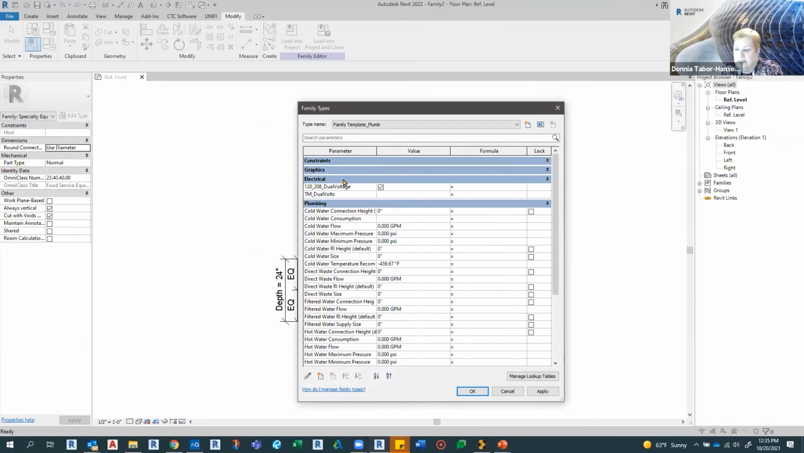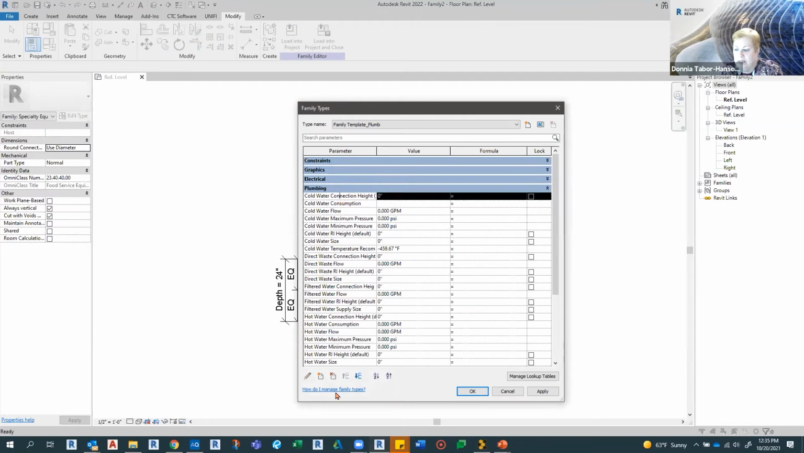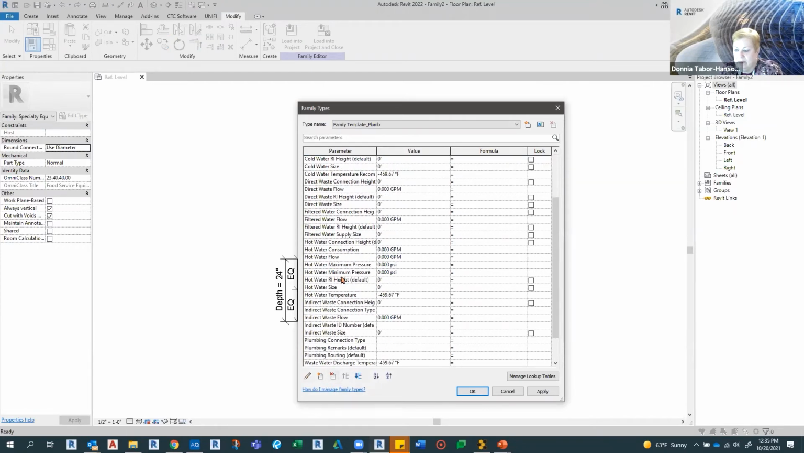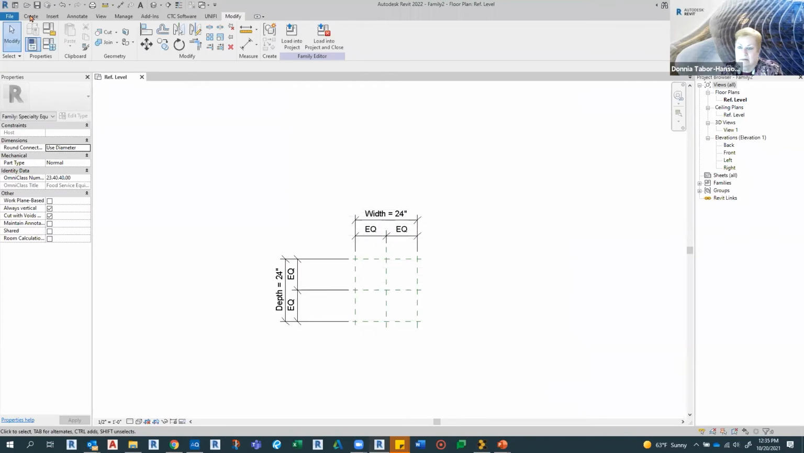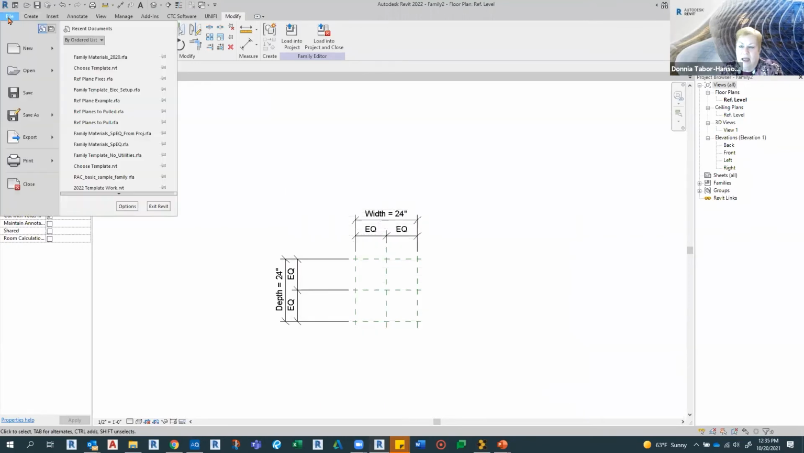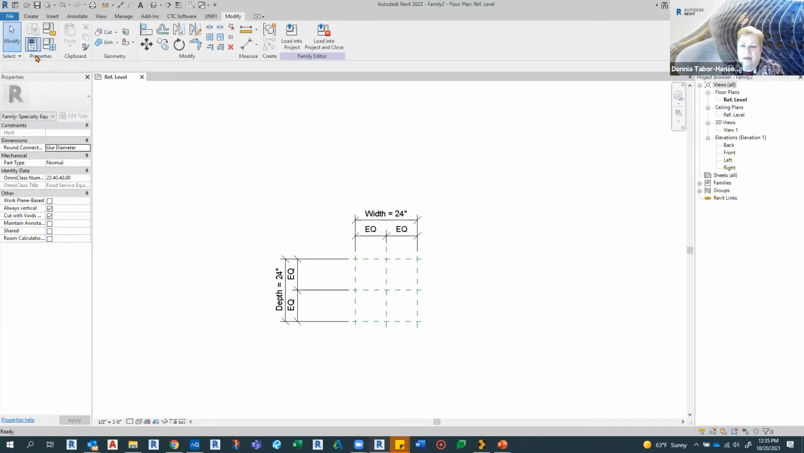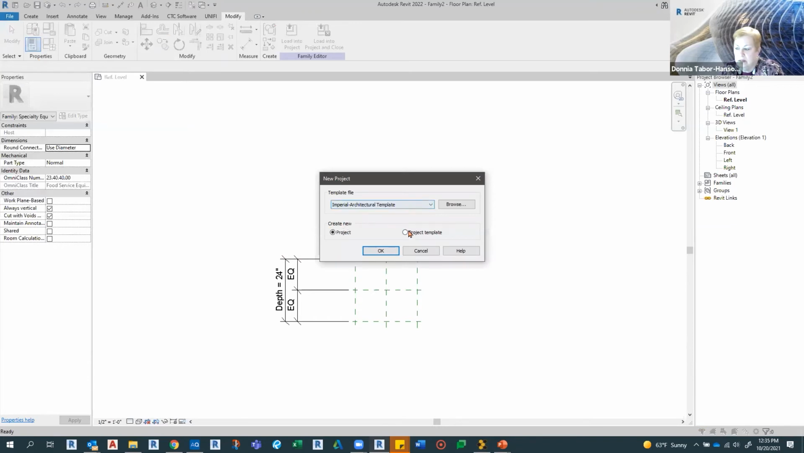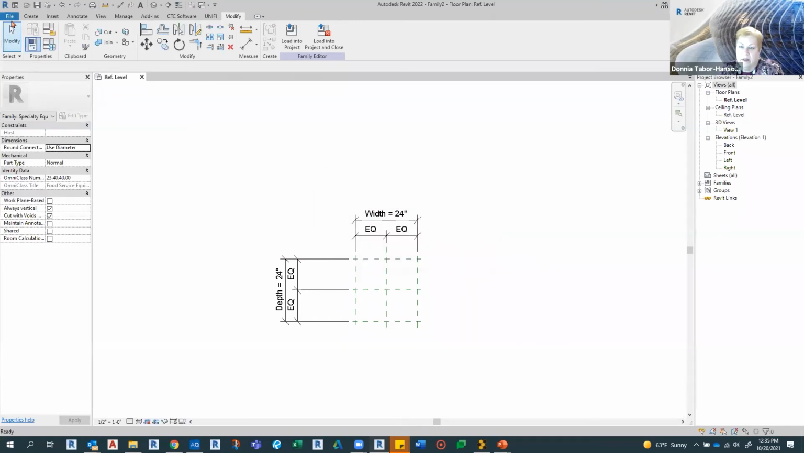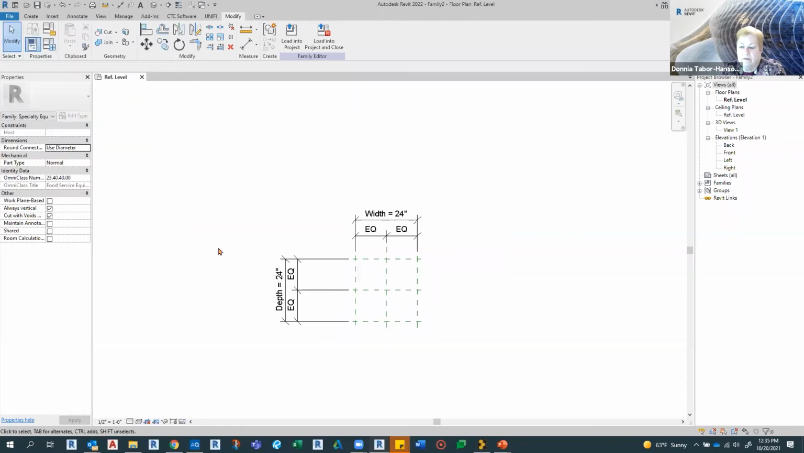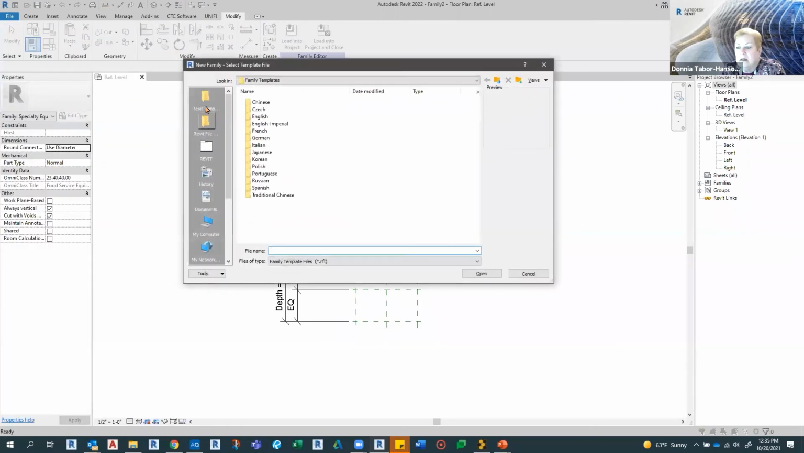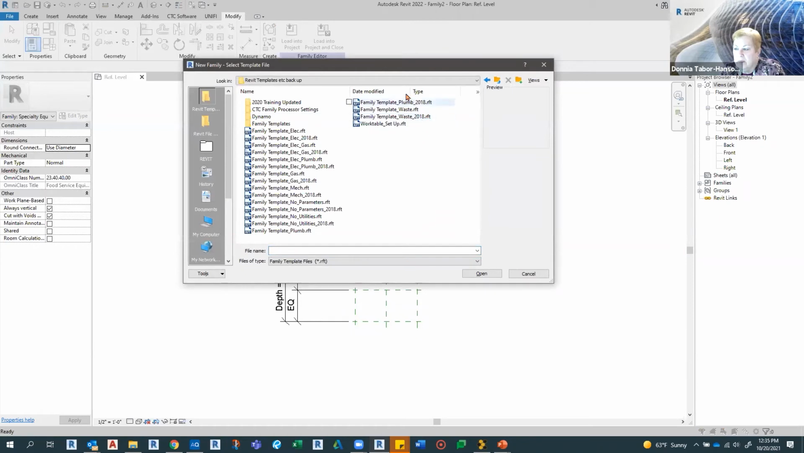But if I look at some of these things and say, well, I really don't need these, I could get rid of this because that's got all the plumbing in it. Maybe I wanted only hot and cold water. If I give me new family, new family, and bring in